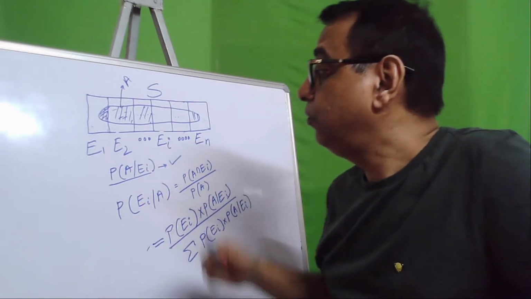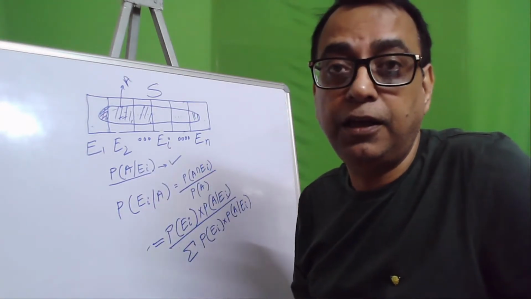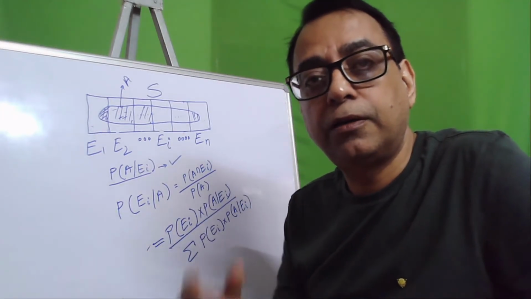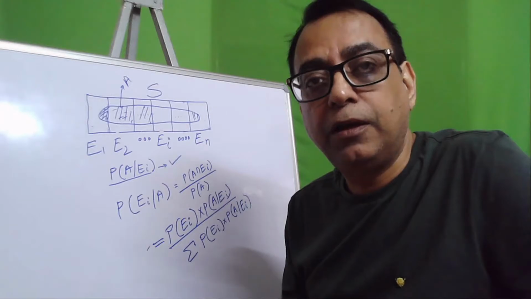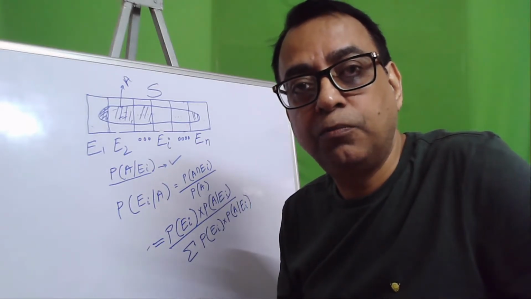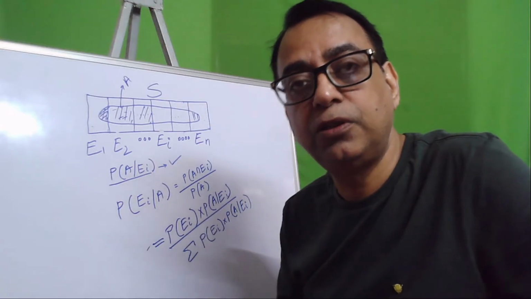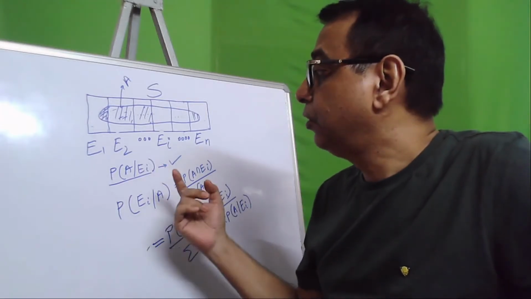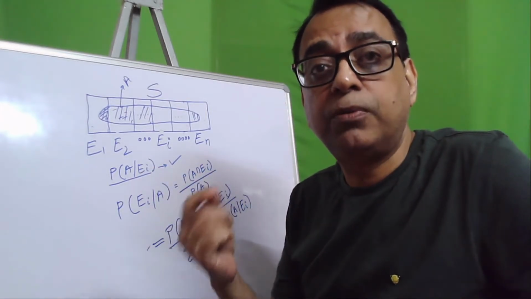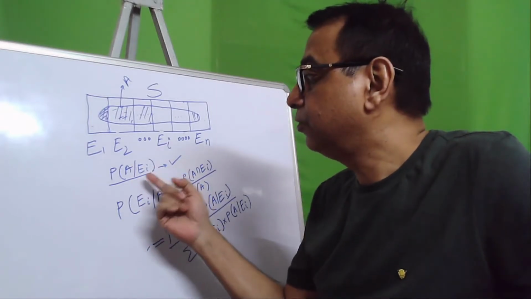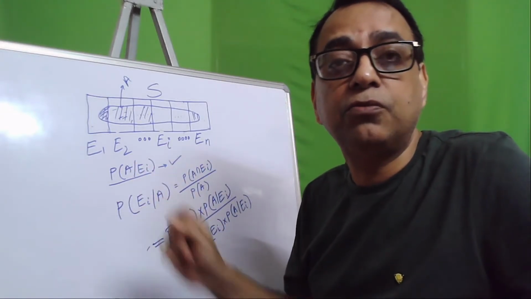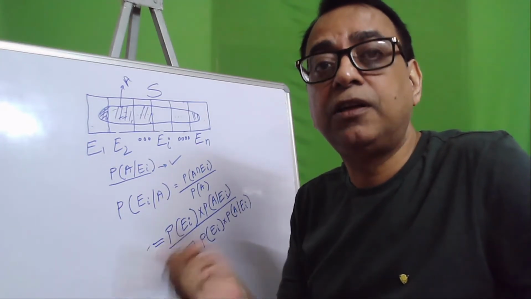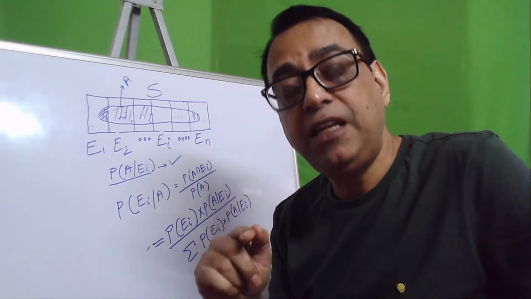Now you can see this. Normally we know the probability of A given Ei. You can see the similarities with our original problem where boxes and balls are given. Here Ei is the box, because box 1 and box 2 are mutually exclusive and exhaustive. And A here represents the white balls. So we know the probability of white if box 1 is given. Normally in this kind of case we know the probability A given Ei, and we have to find out the reverse probability, the probability Ei given A.